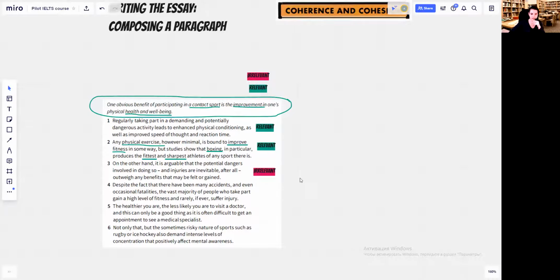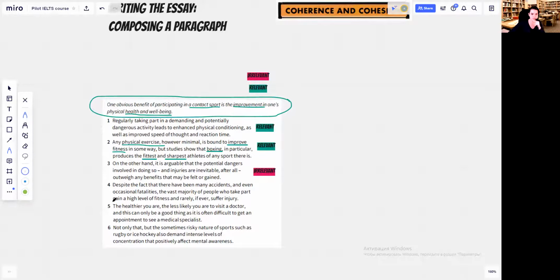Number 4. Despite the fact that there have been many accidents and even occasional fatalities, the vast majority of people who take part gain a high level of fitness and rarely, if ever, suffer injury. Let's look at it together. It's very interesting. Now, is it relevant? You could say that